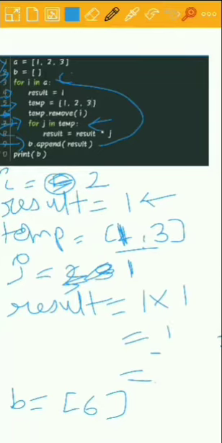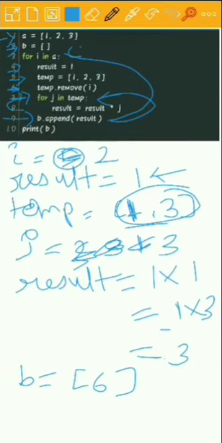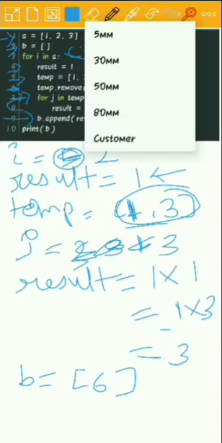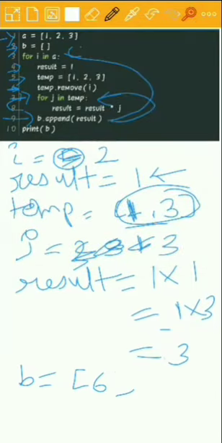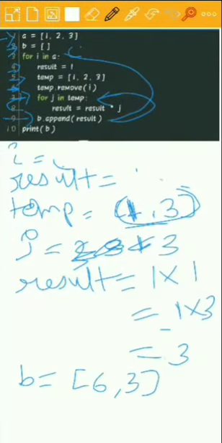Now one element is left, so j will become 3, and inside the for loop 1 into 3 will be 3. Now there is no element left in temp list, so control will come out of the for loop, and at line number 9 it will append the value 3 to list B. So our list B will become 6, 3. Let me clear this to understand better.